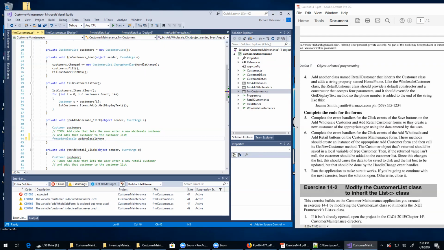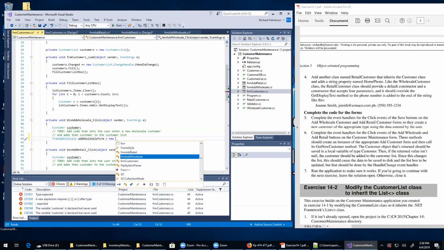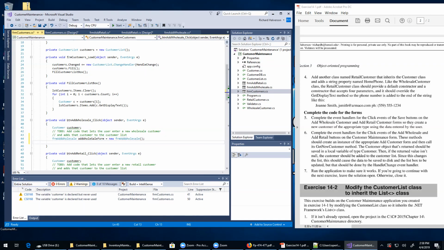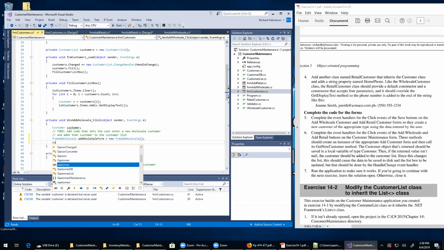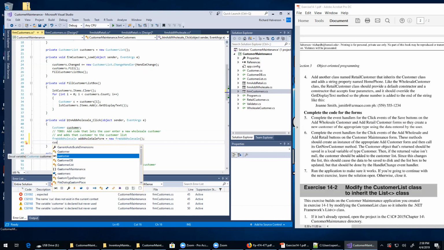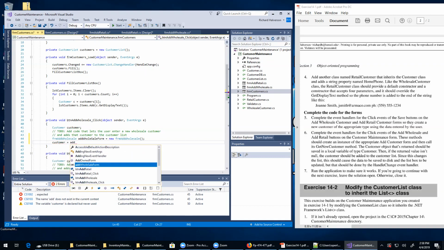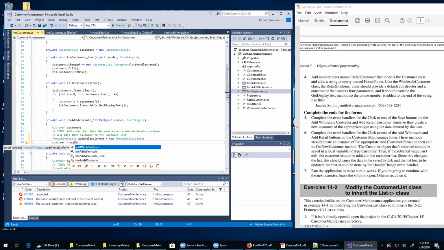And that would be a new FRM add wholesale. And customer, this customer variable that we just declared up above there, will equal add wholesale form get new customer,